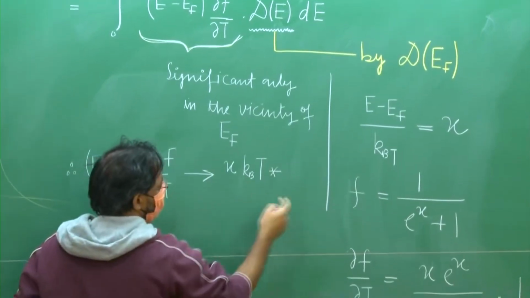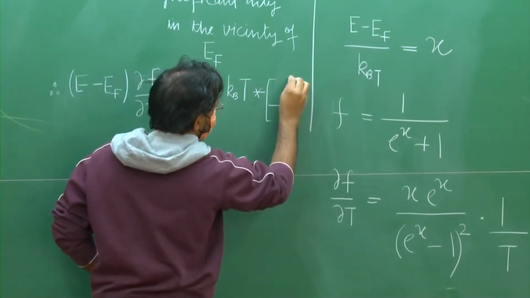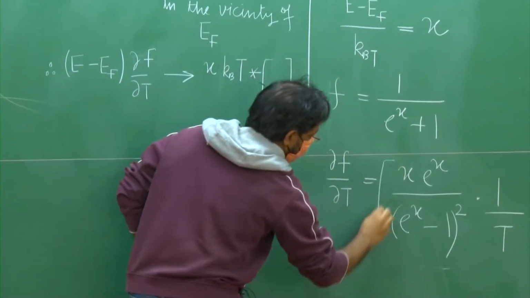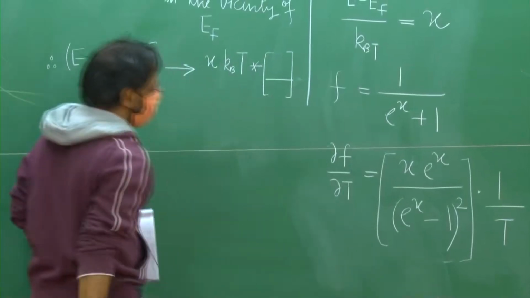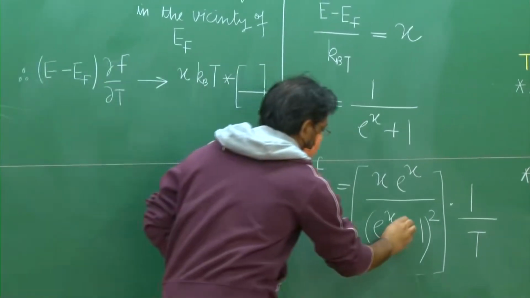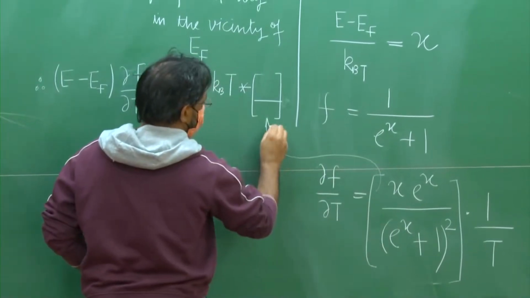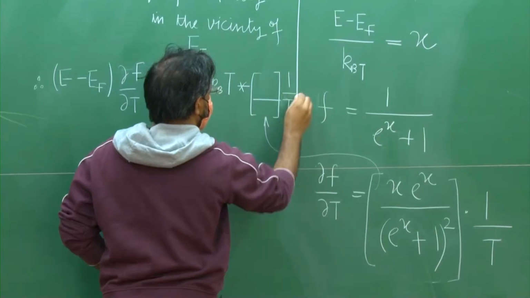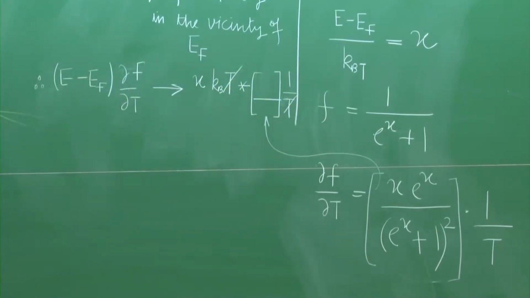So T will get cancelled out from the denominator. You have this piece which will sit here, and then you will have 1 by T, and this T will get cancelled out. So you remain only with x. So therefore, then your CV will be